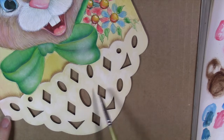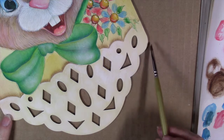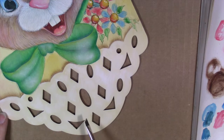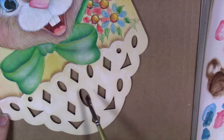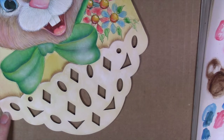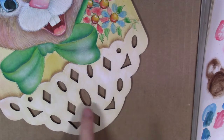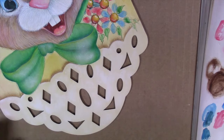I've got my lacy part of the banner dry brushed with white, and we're going to do a couple little more things to it to give it some added dimension. The first thing will be to side load around some of these, or around all of these little cutouts, and we're going to do that with